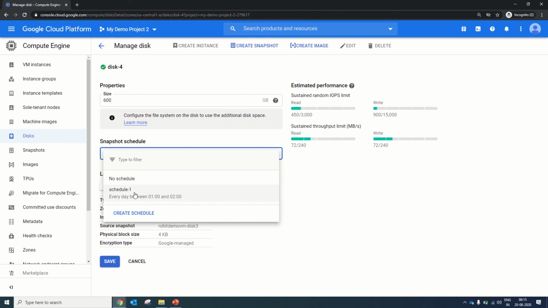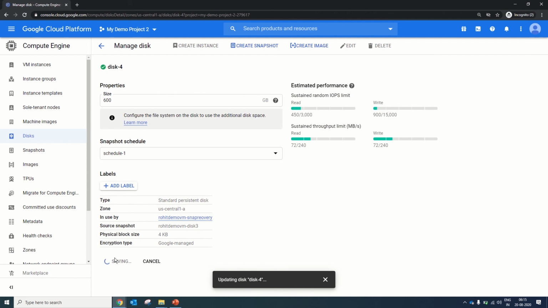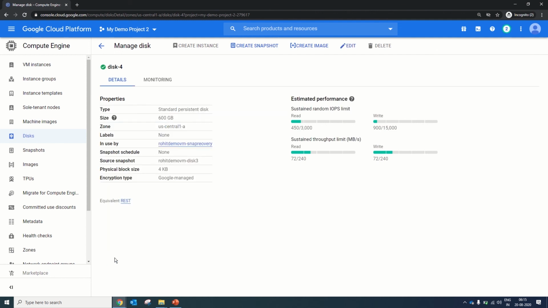Once you click on it, you will get the option of schedule 1. That means once you click save, this particular disk 4 is now attached with schedule 1. And when that schedule runs, it will automatically take the snapshot of disk 4. You can assign one particular schedule to multiple disks or instances for their backup.